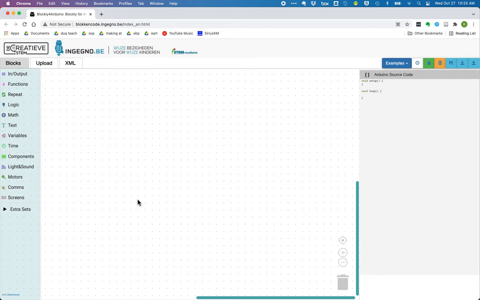I'm going to show you how to set up your first code for the Arduino, and then we're going to transfer it in another video to the Arduino programming environment so that you can actually upload it to your microprocessor. So we're using a block coding environment from ingegno.be. It's actually a company from the Netherlands, but it gives us an easier way to get transitioned into programming